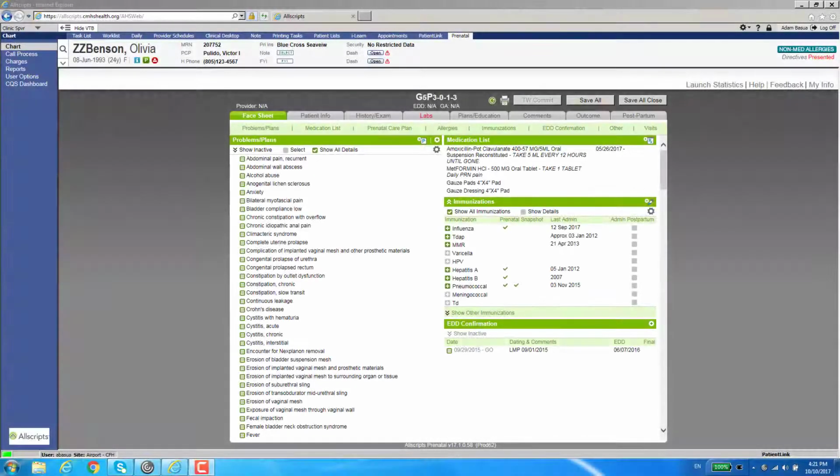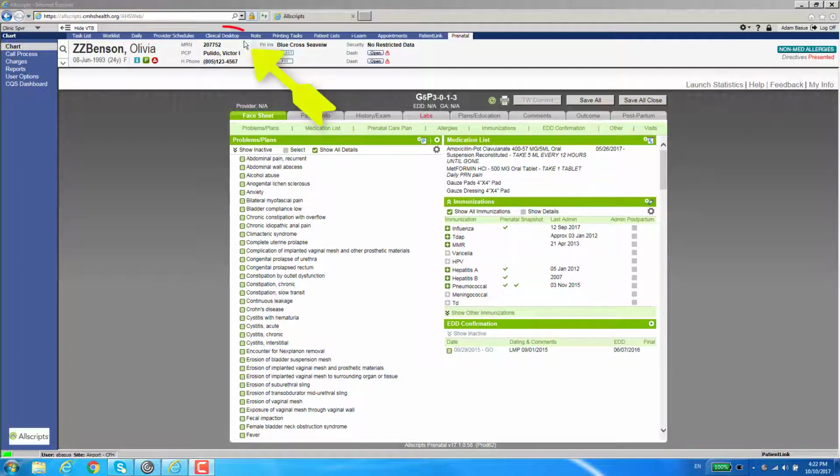Hello, in this video I'm going to show you a workaround on how you can access the patient's clinical desktop or any other tab in the EHR while not losing what you are doing in the prenatal tab. One of the issues that we've heard from staff is that when they're in the prenatal tab and they want